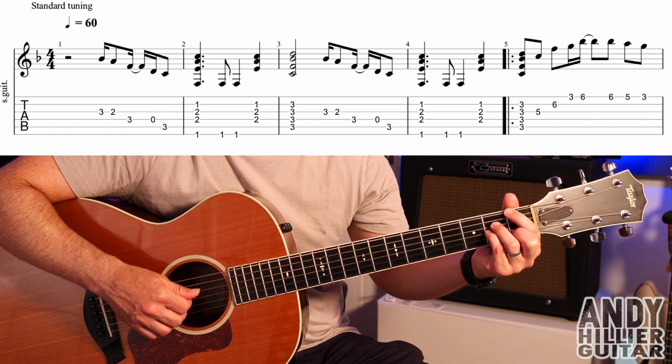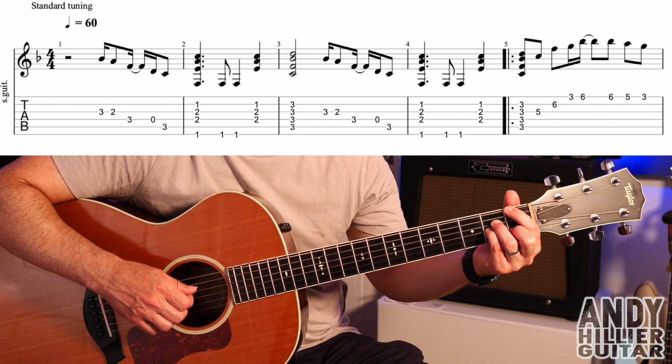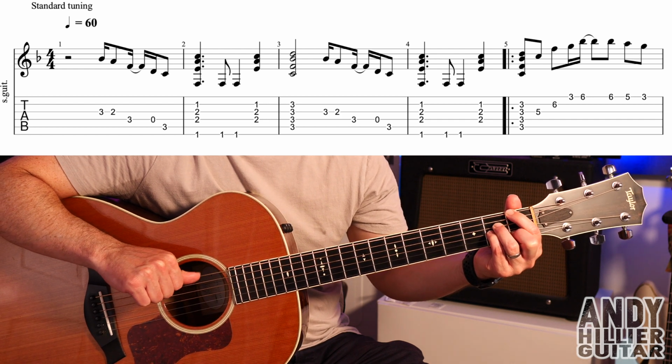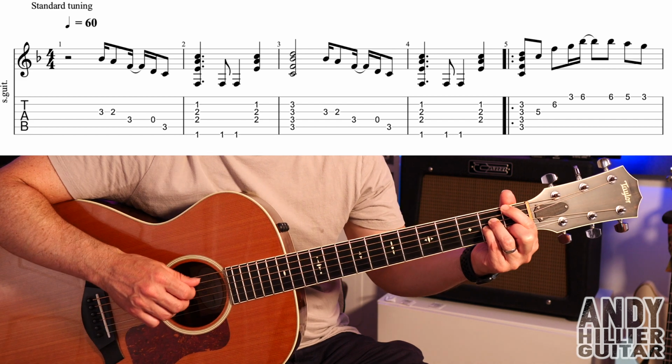And we're going to play the E string, the D, the G and the B strings all at the same time. We then play the E string twice on its own. And then we play the D, G and the B strings. So all without moving the hands. So you've got